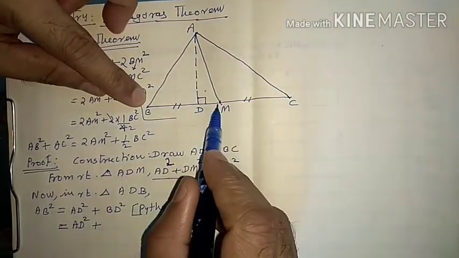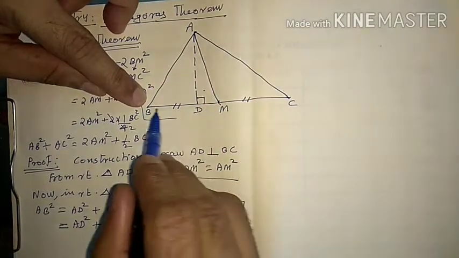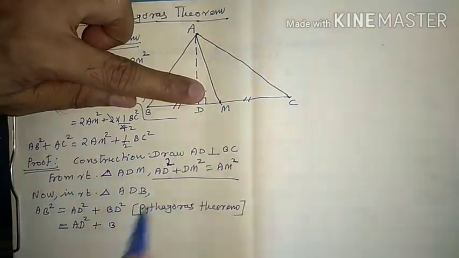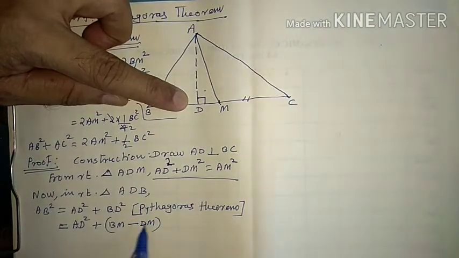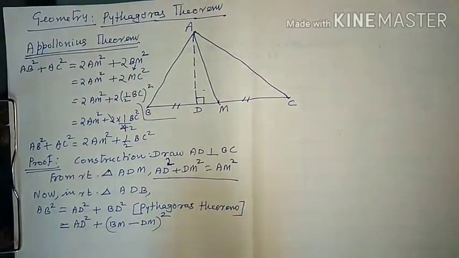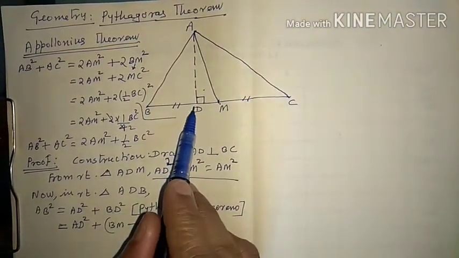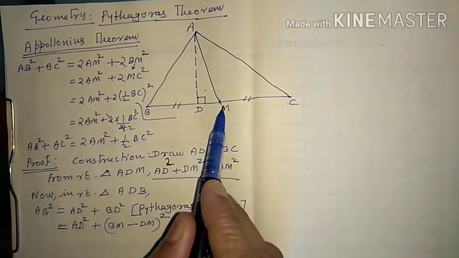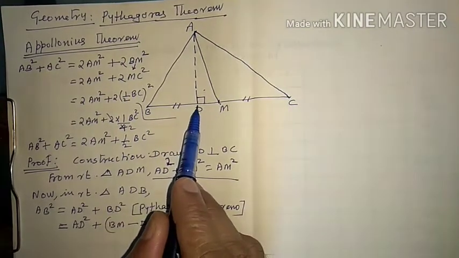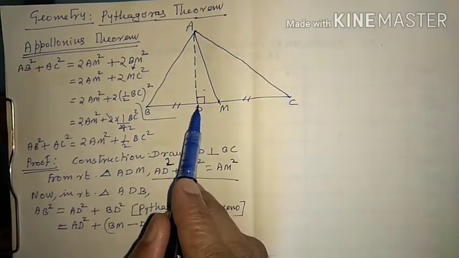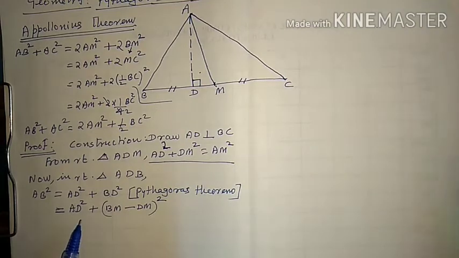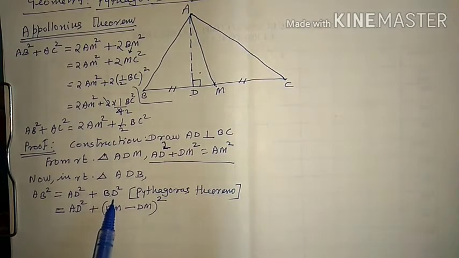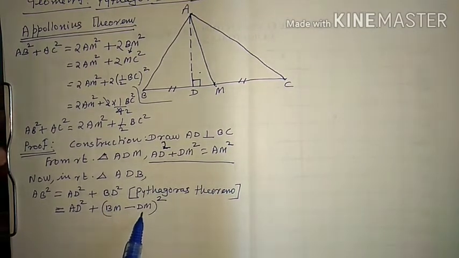But BD is, we add a little DM, so BM minus DM. BD is equal to what? This much we have. This you add, then it is BM. From that you subtract this DM, the whole square. Let's try to understand. BD added with DM becomes BM. To this BD you are adding DM, so we are making BM. Then you have to subtract also that DM. So we are getting first part AD square plus second part, this BD becomes BM minus DM.